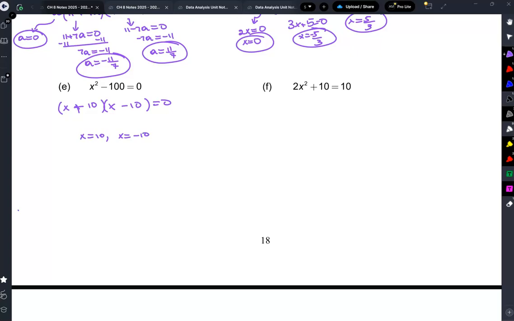Okay, now look at the next one. I'm definitely going to have to subtract 10. So I get 2x squared is equal to 0. Divide by 2. X squared is 0. What number, when you square it, gives you 0? 0. So x is 0. Okay? That's how you do that one. So that's section 8. And the homework is a